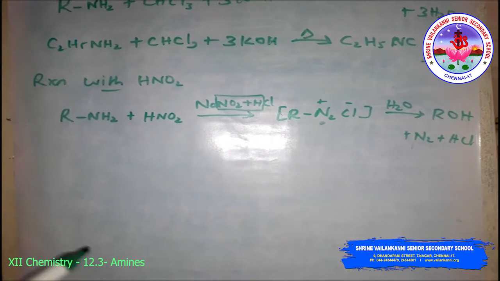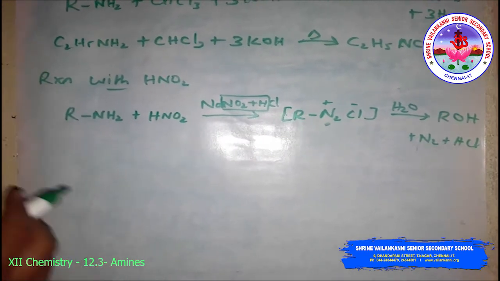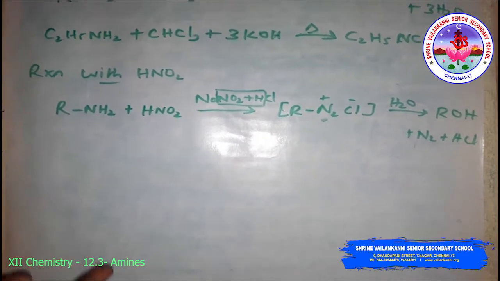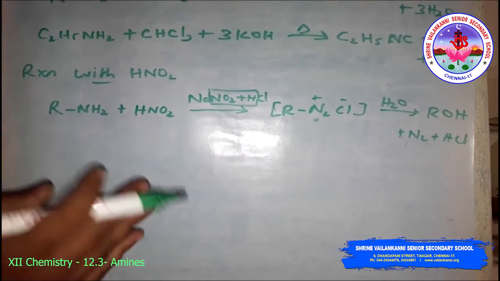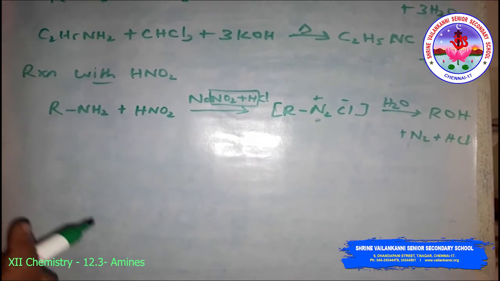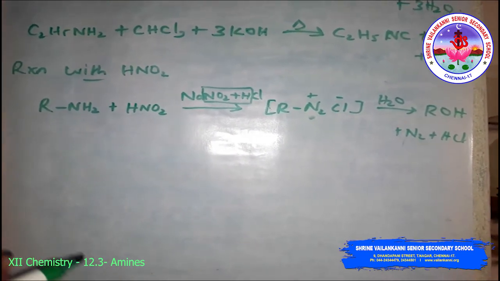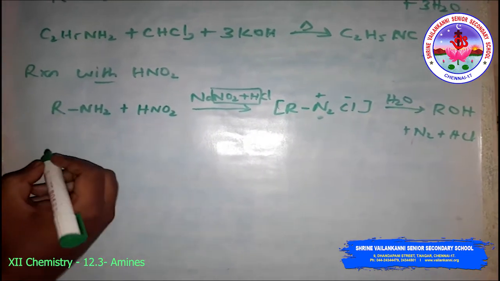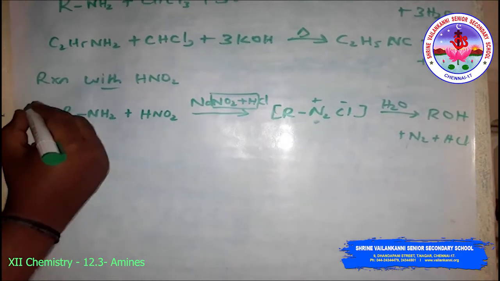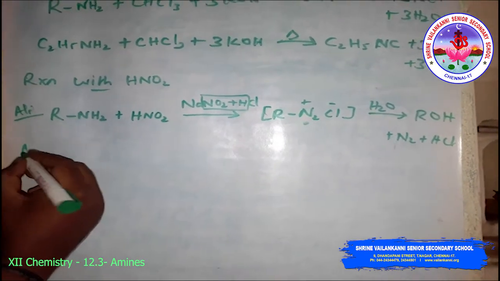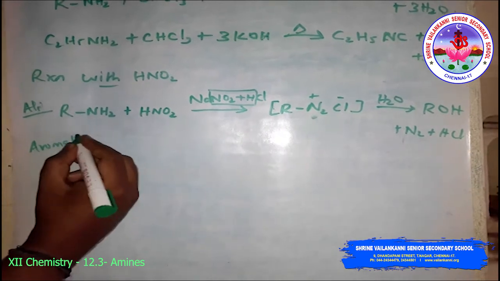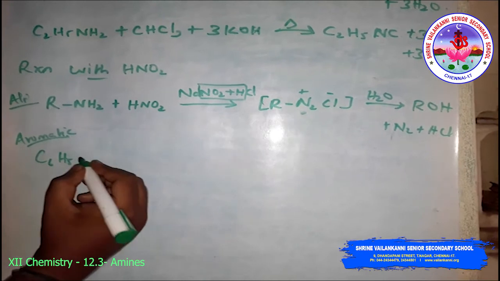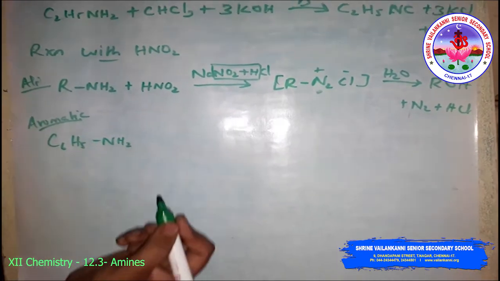For the aromatic amine, reaction with nitrous acid at low temperature, that is 0 to 5 degrees Celsius, forms the diazonium salt, a very important class of compound used for the synthesis of a variety of aromatic compounds. The Sandmeyer reaction we also discussed. This is aliphatic and this is aromatic. So C6H5NH2, aniline or benzenamine,